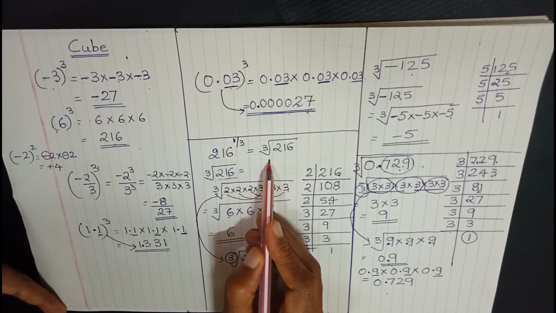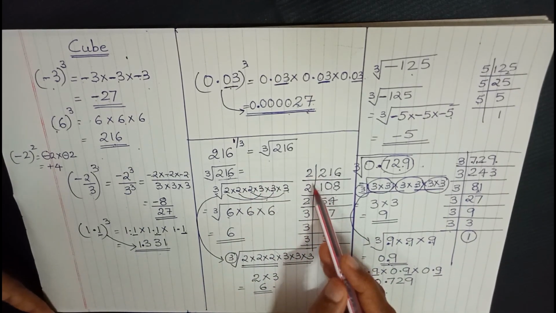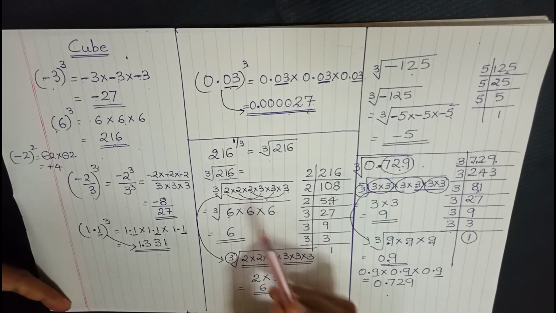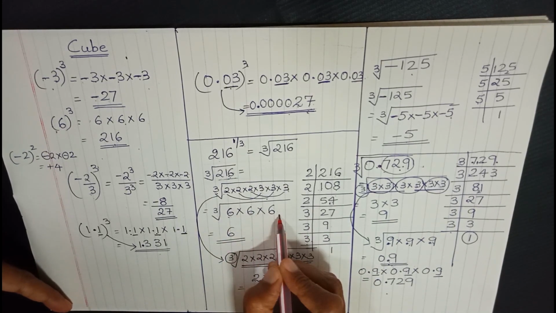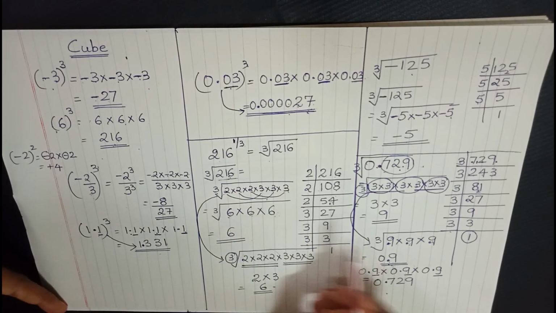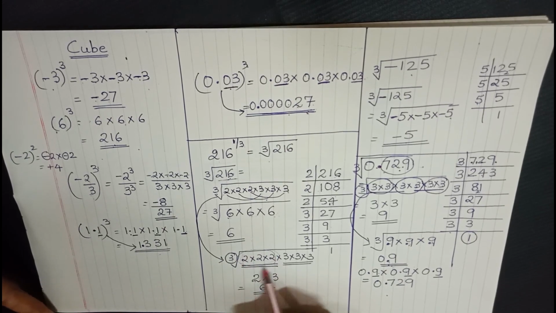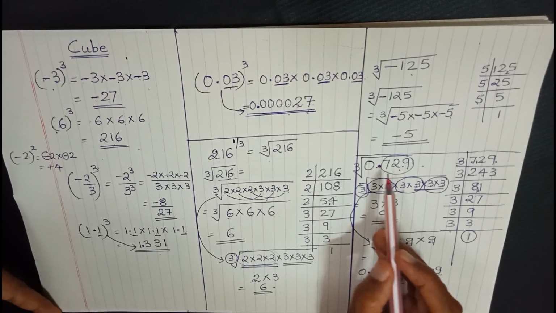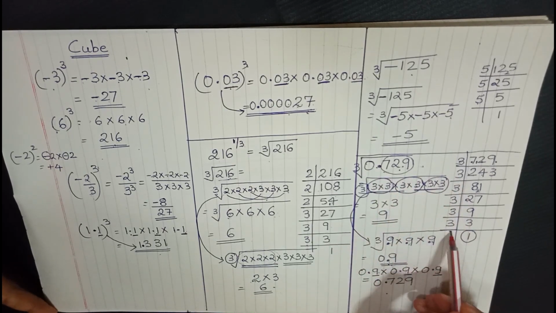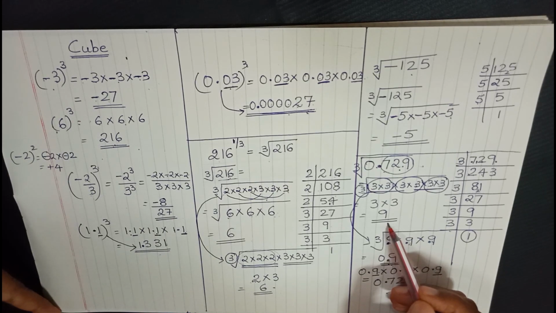Next, we started with the cube root. How do we find cube root? By just factorizing the number, try to find out their smallest number and find out 3 numbers or 3 times inside the root sign to be removed once, right? Either you can do it this way or you can even do it separately. For every 3 times, you can remove it out once. Same way for decimals also. First, we split it into small numbers and then arrange them into 3 and get the answer.